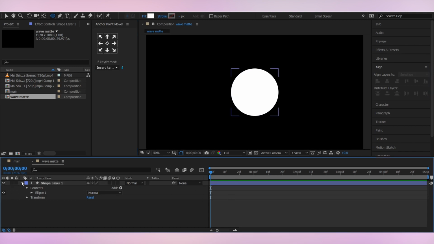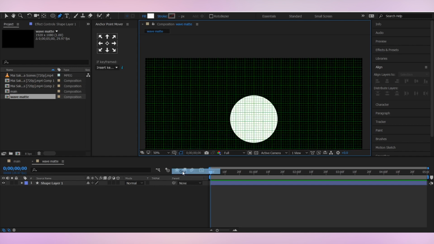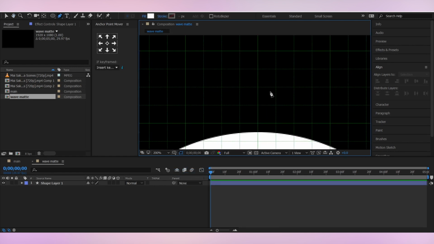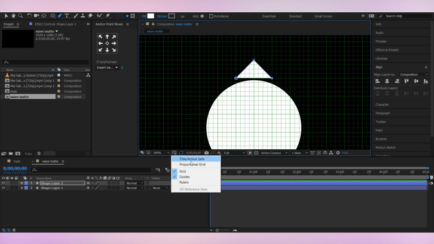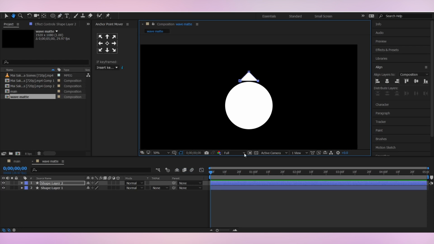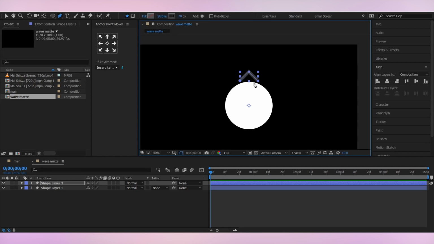Cool. For the next step, I'm gonna create the arrow. So select the pen tool and turn on the grid from here so we can use it to create a nice and symmetrical arrow for our button, like this. Cool. Once you are done, you can turn off the grid and turn off the fill here and turn on the stroke. I've given it a dark grayish color with a stroke width of 28. Then let's just center it.